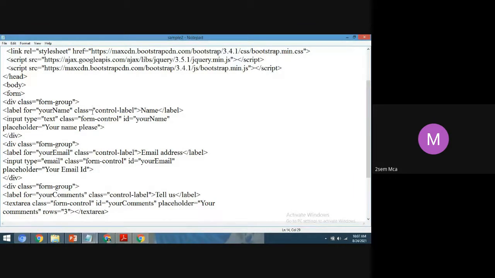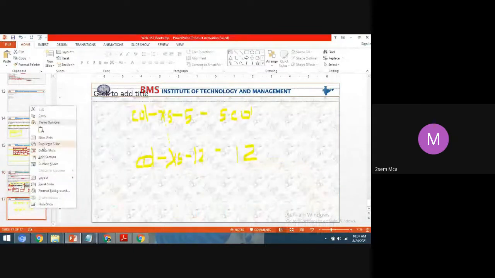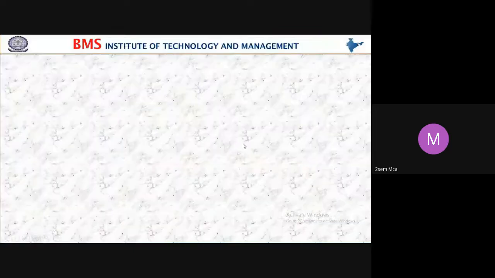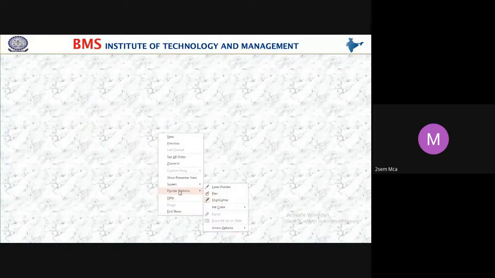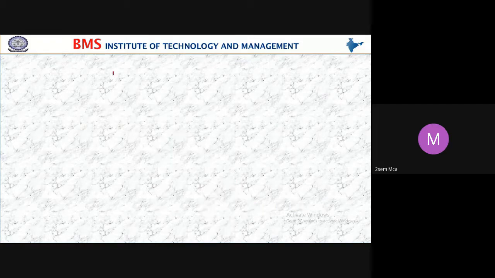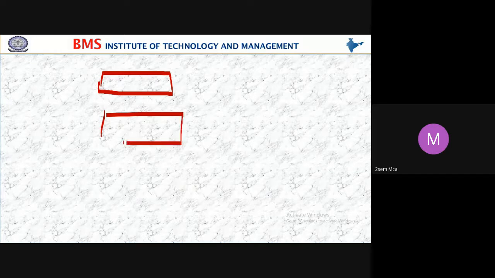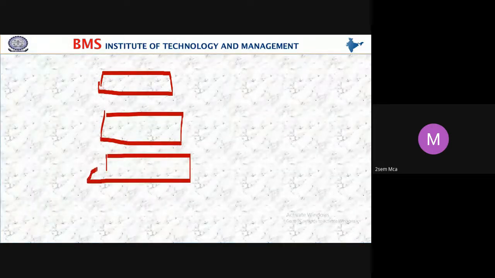To display the label. Suppose generally students, to take an input from the user, we use a text box. Correct, no? Suppose if you create a form like this: text box 1, text box 2, text box 3, and the button.